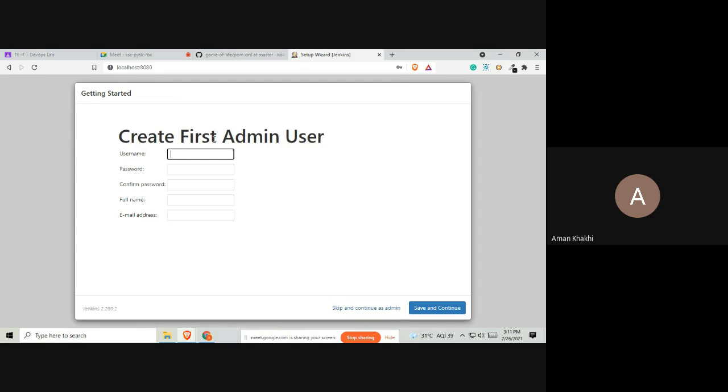You can simply type your user and password. The password will not be visible, don't worry. Even giving just one name is fine. And your Gmail address. Now save and continue.